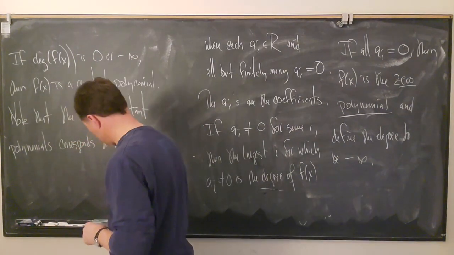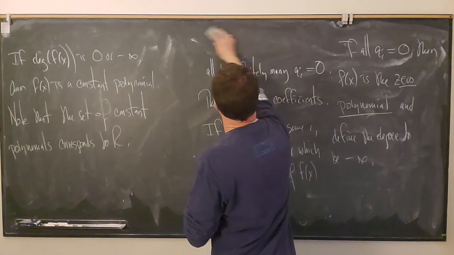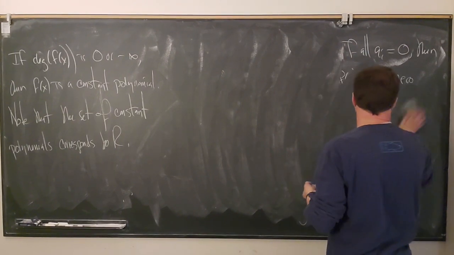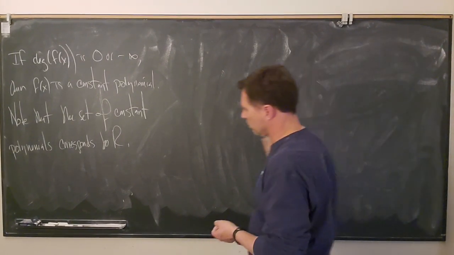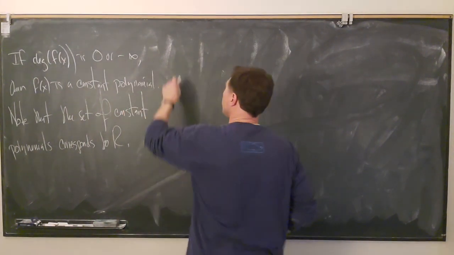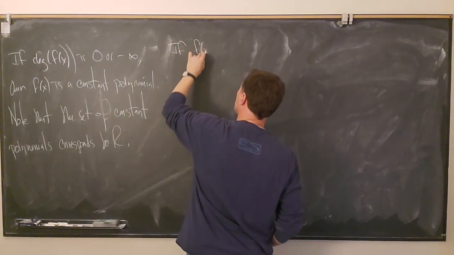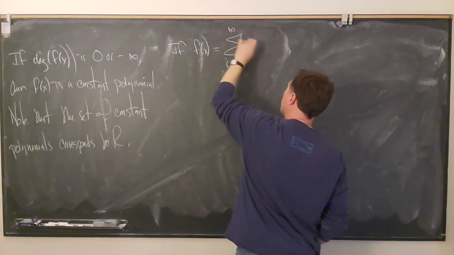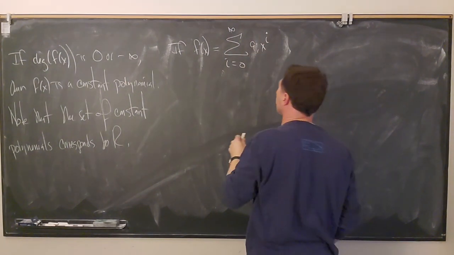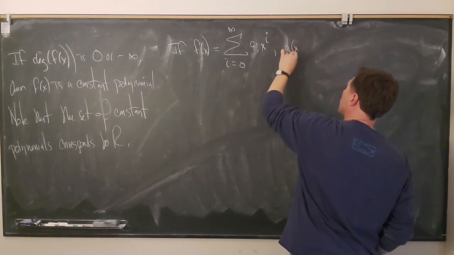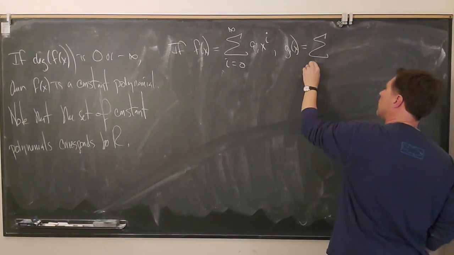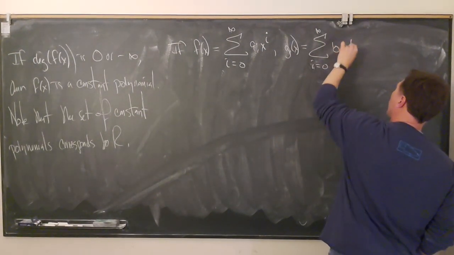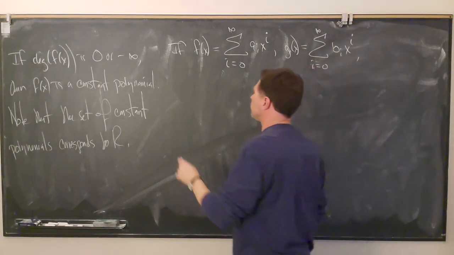We're going to define some operations. These are the obvious operations of addition and multiplication of polynomials that you learn when we're studying polynomials with coefficients in the real numbers. All right, so we're just going to generalize this. So if f of x is the polynomial sum i equals 0 to infinity a sub i x to the i, and g of x is the polynomial sum i equals 0 to infinity b sub i x to the i, we define